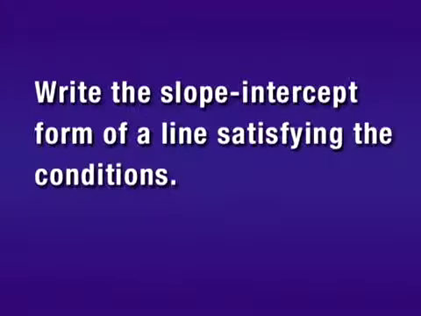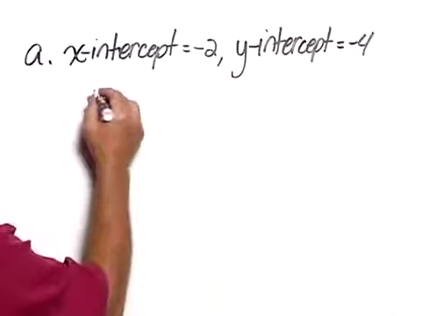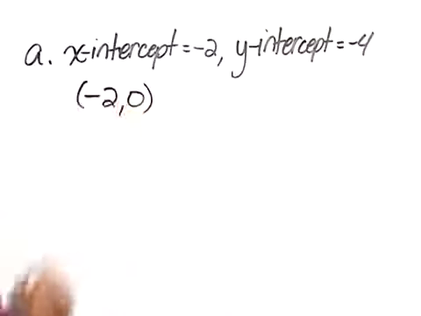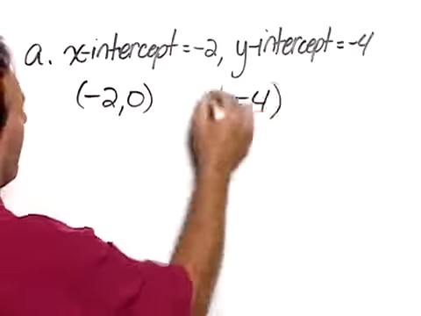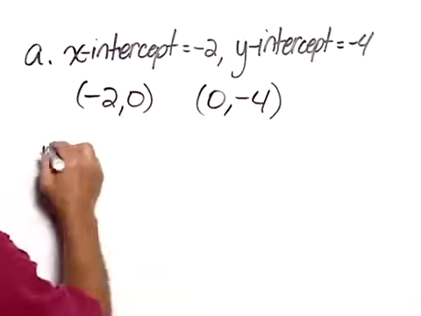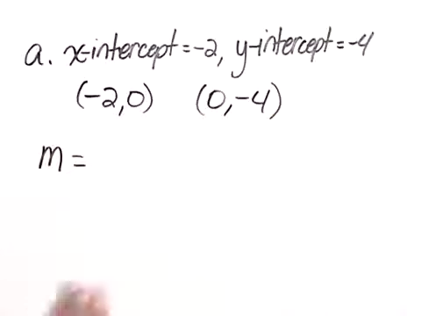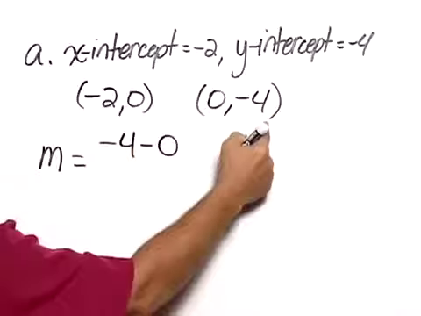Write the slope-intercept form of a line satisfying the conditions. For part A, the x-intercept is -2 and the y-intercept is -4. Now what that means is the x-intercept of -2 is the point (-2, 0), and the y-intercept of -4 is (0, -4). We first find our slope, and our slope is equal to the difference in the y-coordinates, so -4